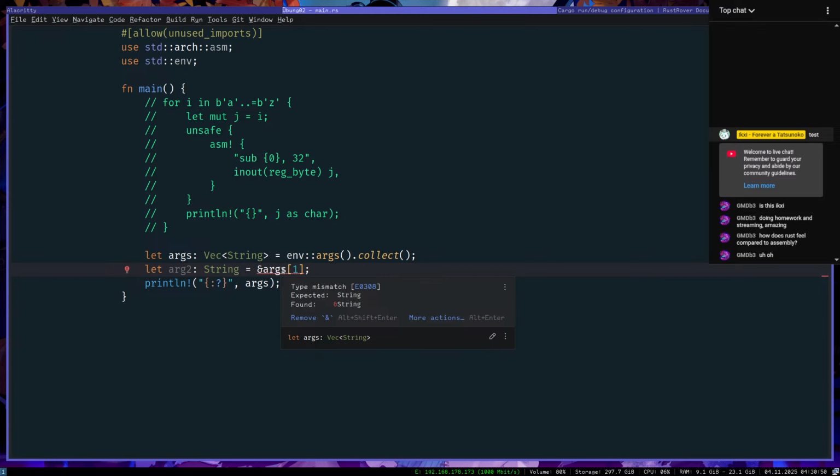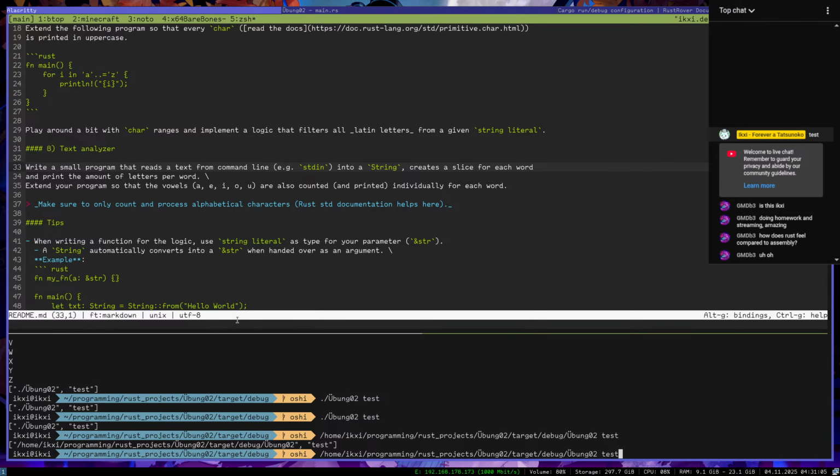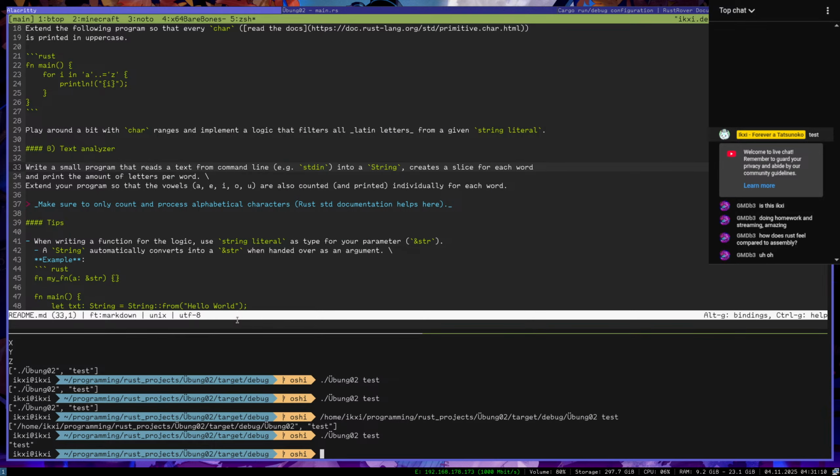Wait, what? Ah, right. Because I have to do this then. Okay, print args 2, arg 2, and just let me compile it and test.